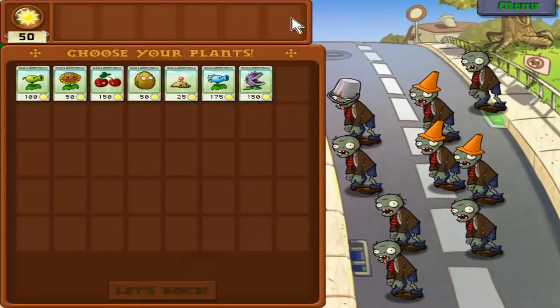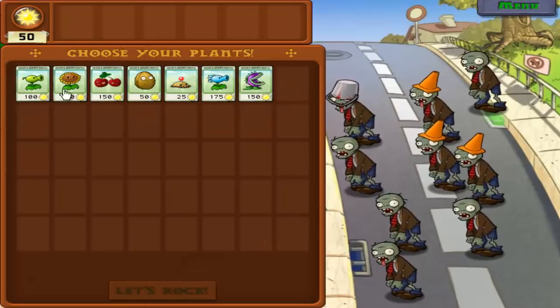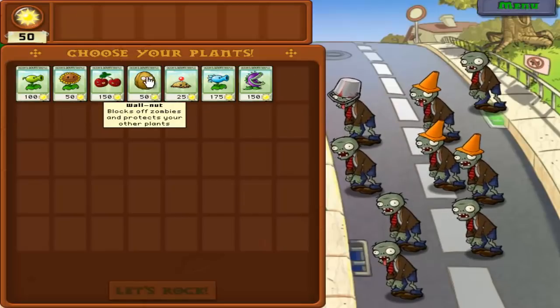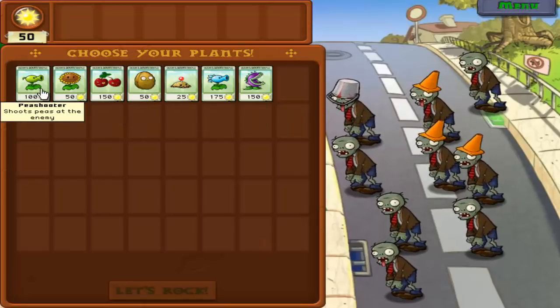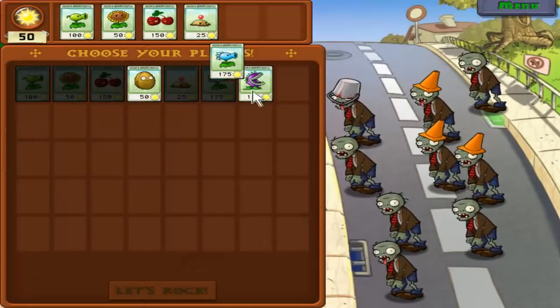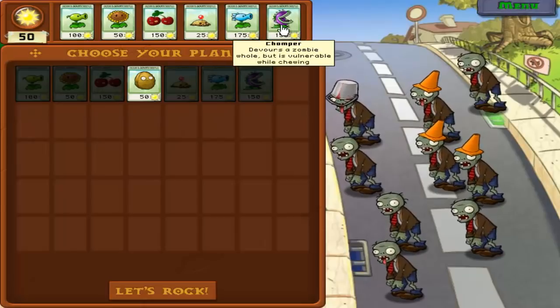And as you can see now, we have 6 slots, but we have 7 plants, so we're going to have to choose which to leave out. And I think we're going to leave out the walnut, because as you can see, there's no pole vaulters, so we'll bring everything but the walnut. But I'll show you off the chomper. Actually,